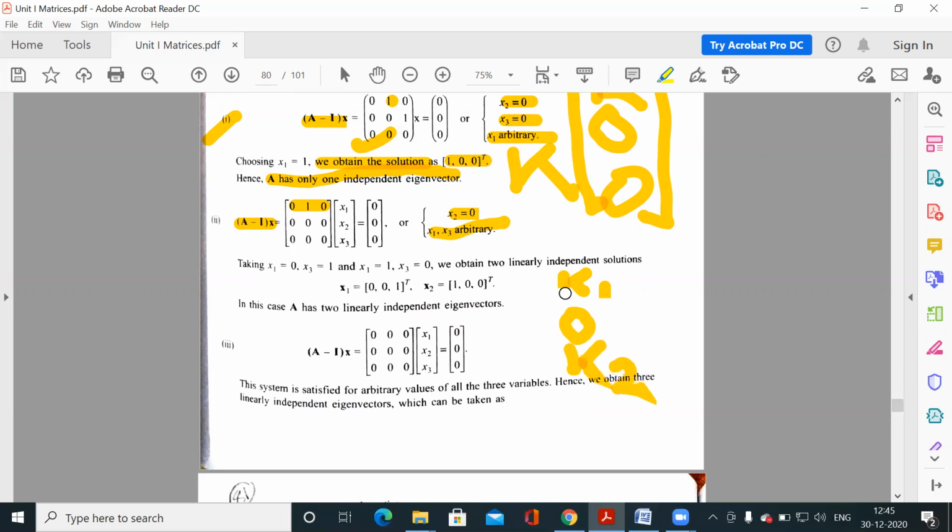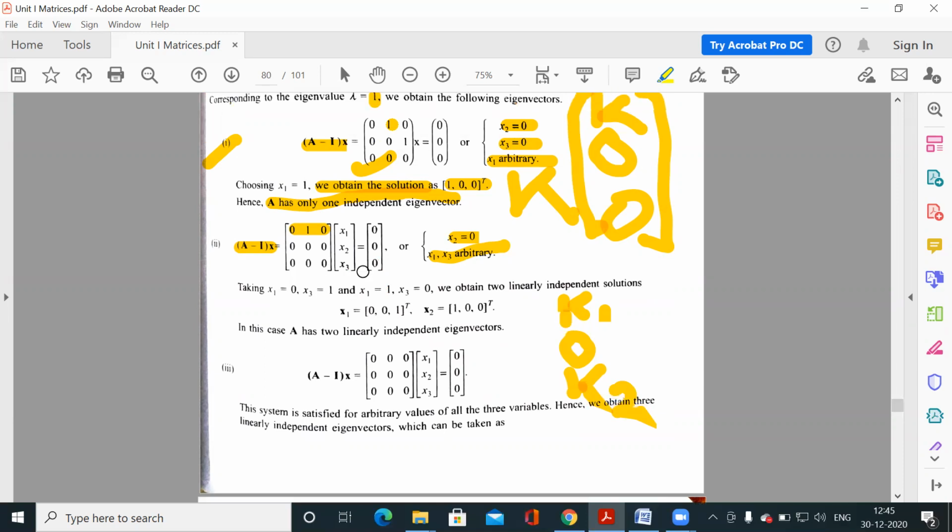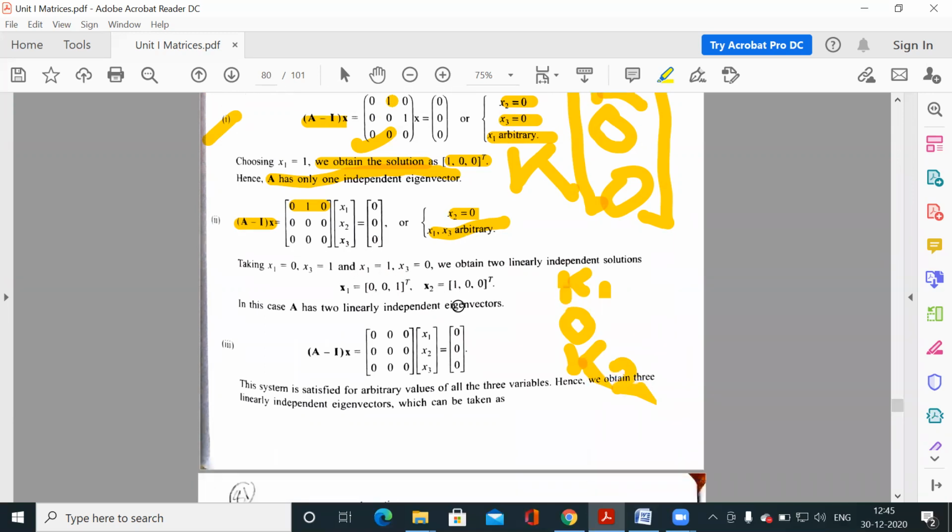क्लियर? तो मैंने बताया था आपको, क्योंकि आपको 3 चाहिए आइगन वेक्टर, तो दो तो आप इंडिपेंडेंट बता सकते हो। एक बार k1 को 1 रखिए, k2 को 0 रखिए, यानी 1 0 0, दूसरी बार k1 को 0 और k2 को 1, तो 0 0 1। दीज आर टू इंडिपेंडेंट आइगन वेक्टर्स, बट थर्ड वाला आप नहीं बता सकते हो। क्लियर? क्योंकि दो ही इंडिपेंडेंट वेरिएबल्स हैं, सो इट हैज टू लीनियरली इंडिपेंडेंट सॉल्यूशन, 0 0 1 और 1 0 0, या 0 0 2, 2 0 0। तो तीन आप इंडिपेंडेंट नहीं बता सकते, दो ही इंडिपेंडेंट बता सकते हो।